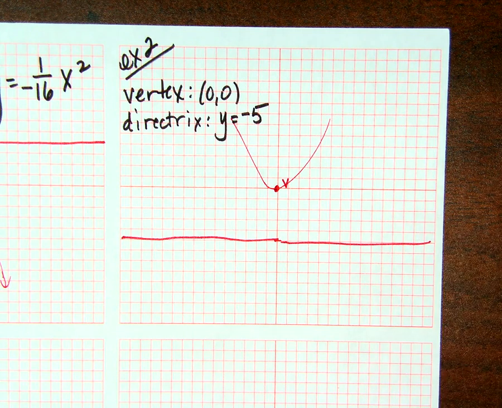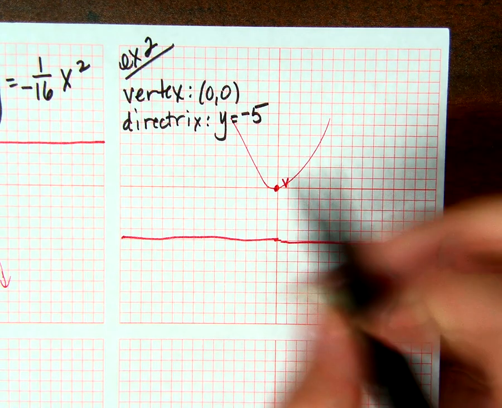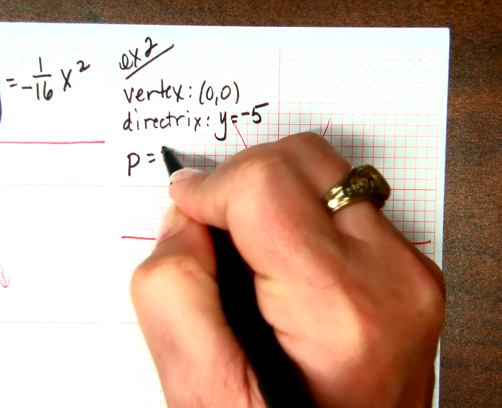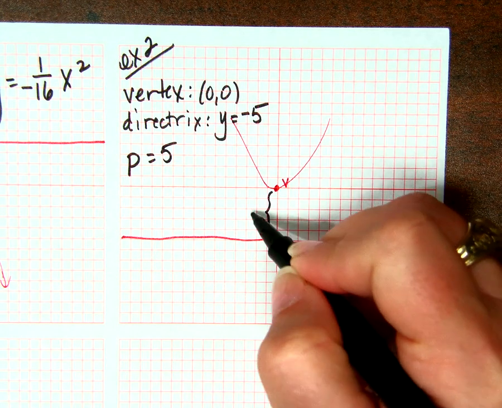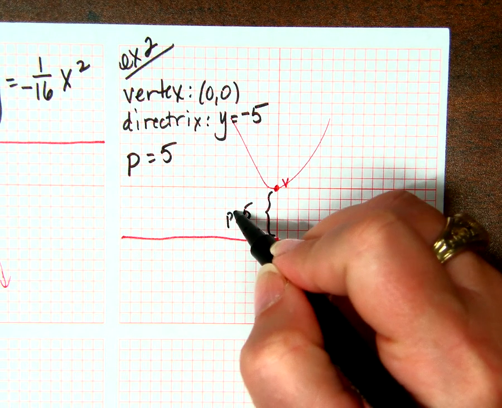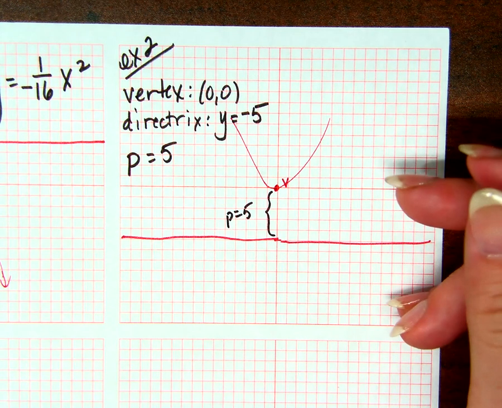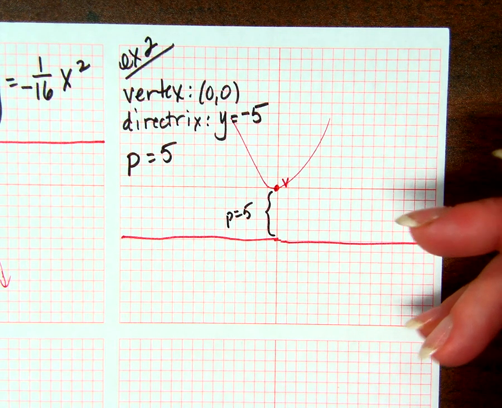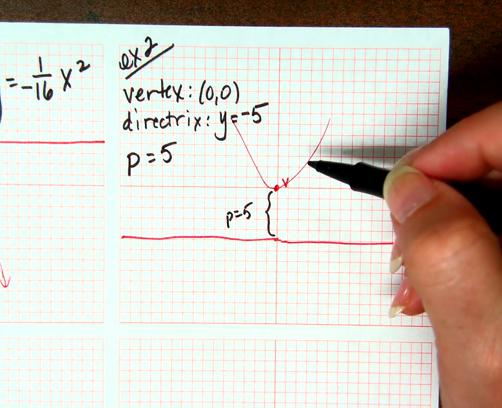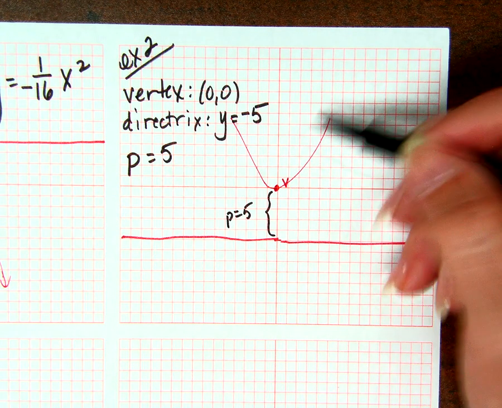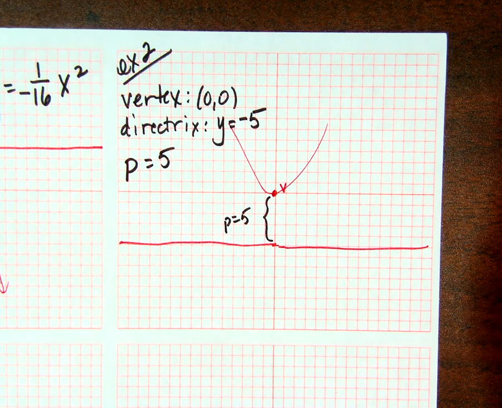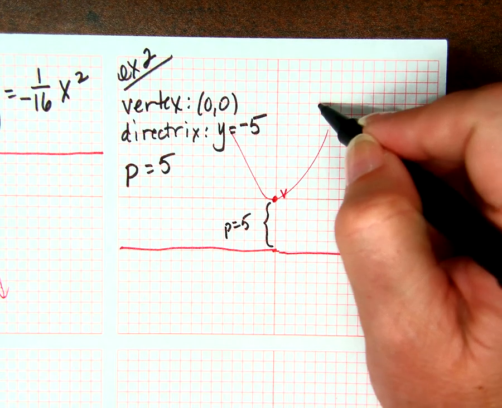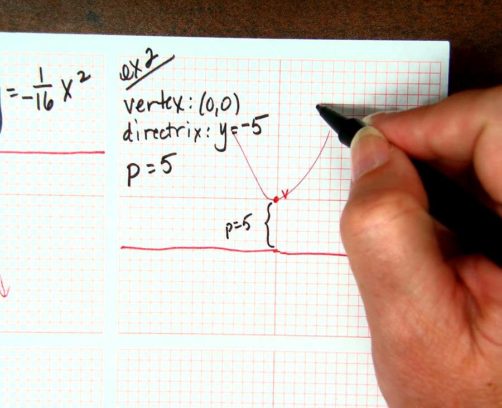Can you tell me the value of p in this problem? And how do you know that? Could you tell me the focus if I asked for it? Where's the focus? No. Try again. 0, 5. Remember, the focus is a point, so we have to name it as a point, right? So tell me the equation of this parabola. y equals